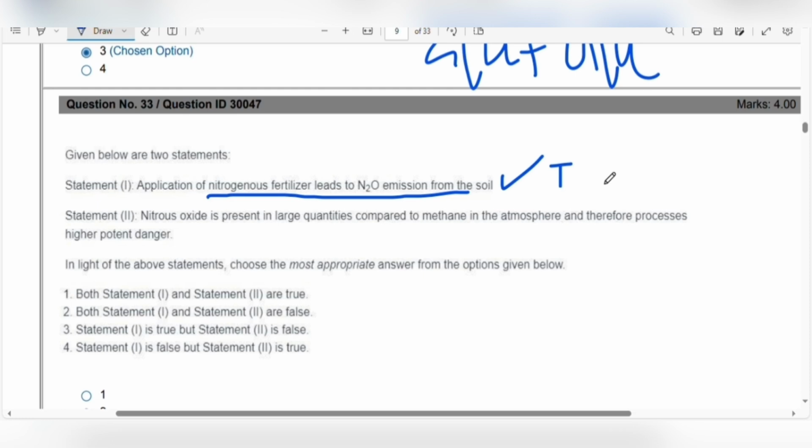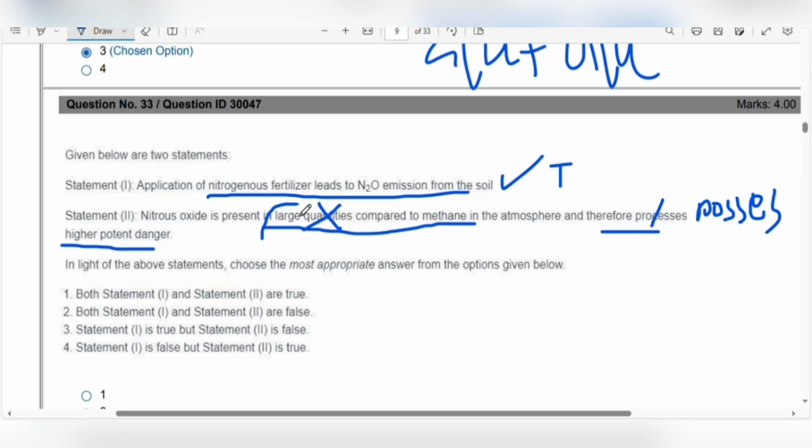Statement 2 says that nitrous oxide is present in large quantities compared to methane in the atmosphere and therefore possesses higher potent danger. Here you can see a spelling mistake. It should be possess, but that's fine, it is not changing the meaning of the question that much. So nitrous oxide is present in large quantities compared to methane in the atmosphere and therefore possesses higher potent danger. This portion is wrong, because the concentration of methane in the present atmosphere is almost